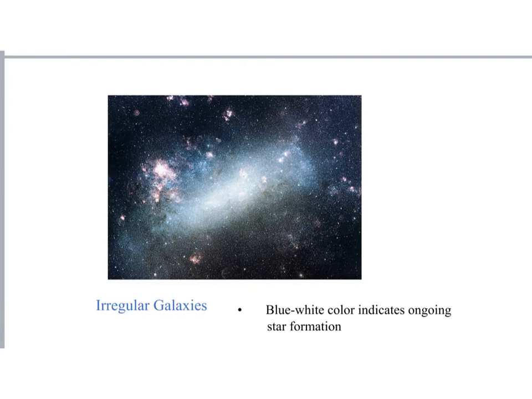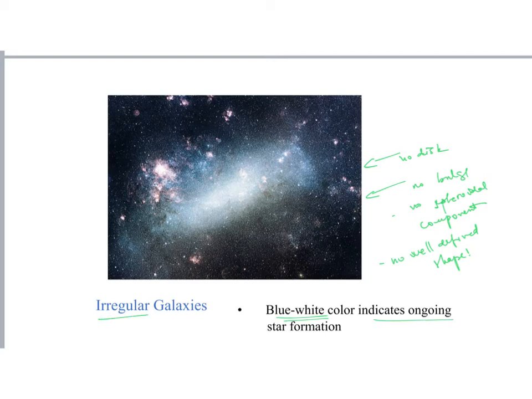And the third type, the one that doesn't fit any molds, so no disk, no bulge, no spheroidal component. Basically, not really a well-defined shape, okay? So no well-defined shape. What we see over and over again in these irregular galaxies is the blue-white color, and that indicates ongoing